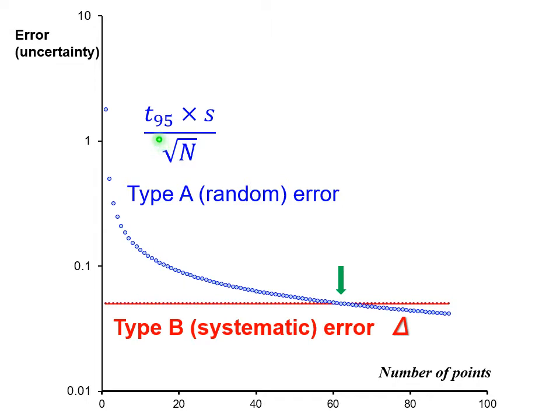That happens by two means. First, most important, we have division by square root of number of measurements. Second, student's coefficient drops down as well, which means we have better estimate of our standard deviation when we do more measurements. As you can see from this plot,